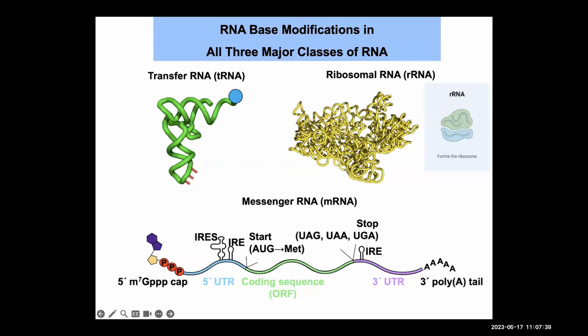In ribosomal RNA, these are the RNA molecules that support either the decoding center or the peptide bond transfer activity site. And both are large RNAs, and they are peppered with lots of modifications. Even in eukaryotic messenger RNAs, we start out with a modified guanosine, that is m7, a methyl group attached to the 7th position of the guanosine, starting out with the cap structure, followed by 5' UTR, coding sequence, 3' UTR, and the poly A tail. Again, throughout the entire sequence of the messenger RNA, there are modifications that regulate the fate, function, and activity